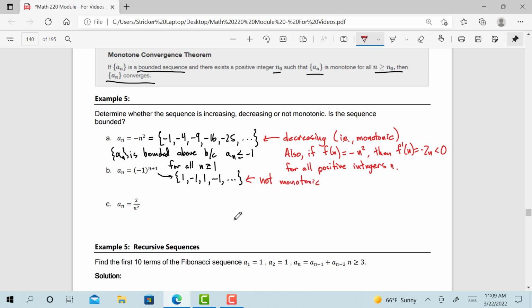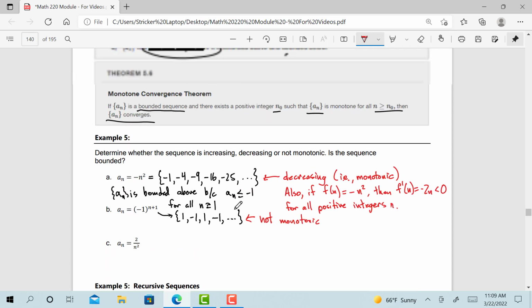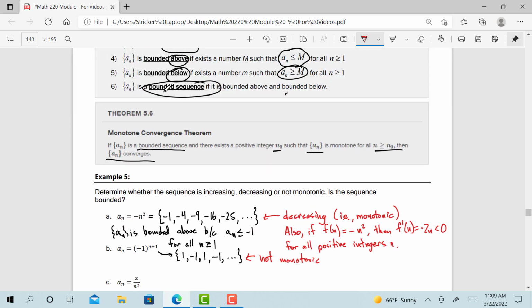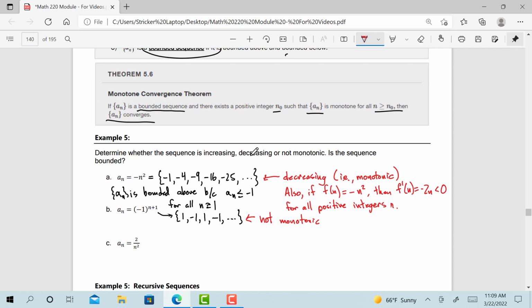Now, is it bounded? Well, yeah, because the biggest value is +1 and the smallest value is -1, so it's bounded above and it's bounded below. Now, remember, that was one of the definitions. If it's bounded above and below, we say it's a bounded sequence. So we could say